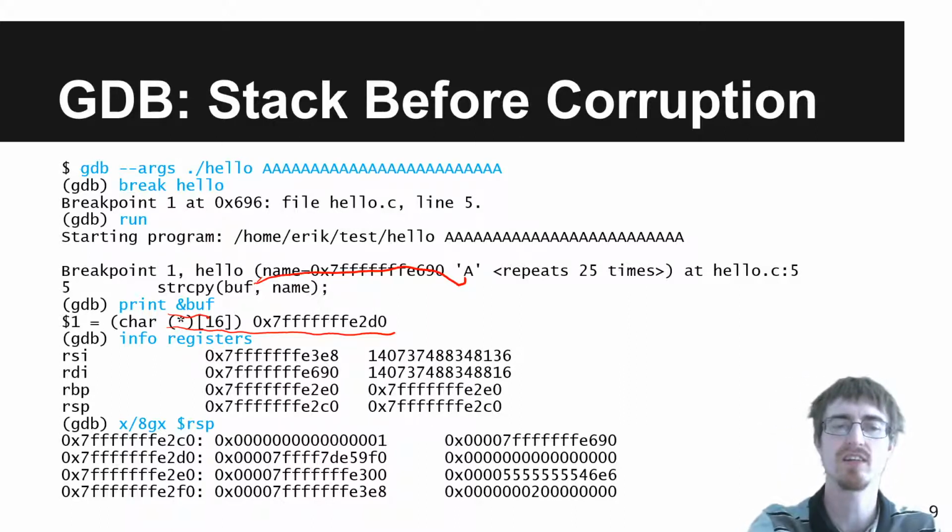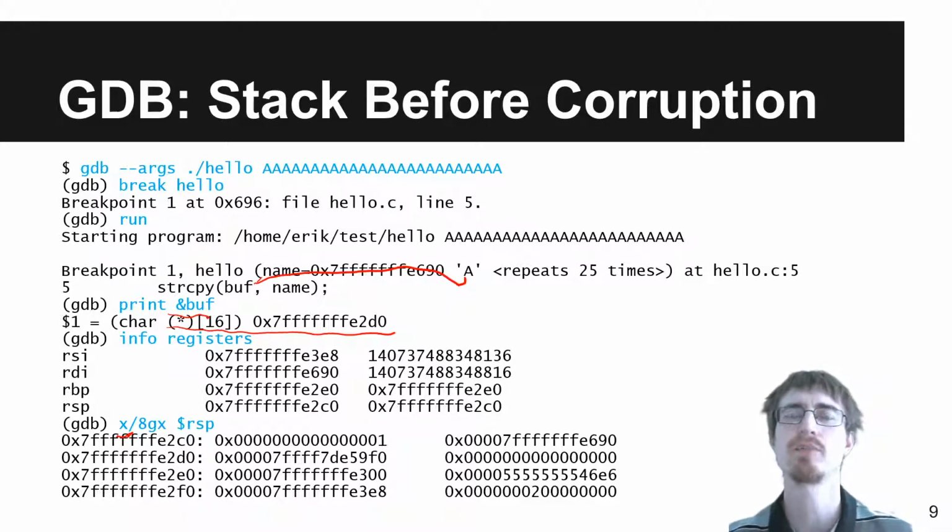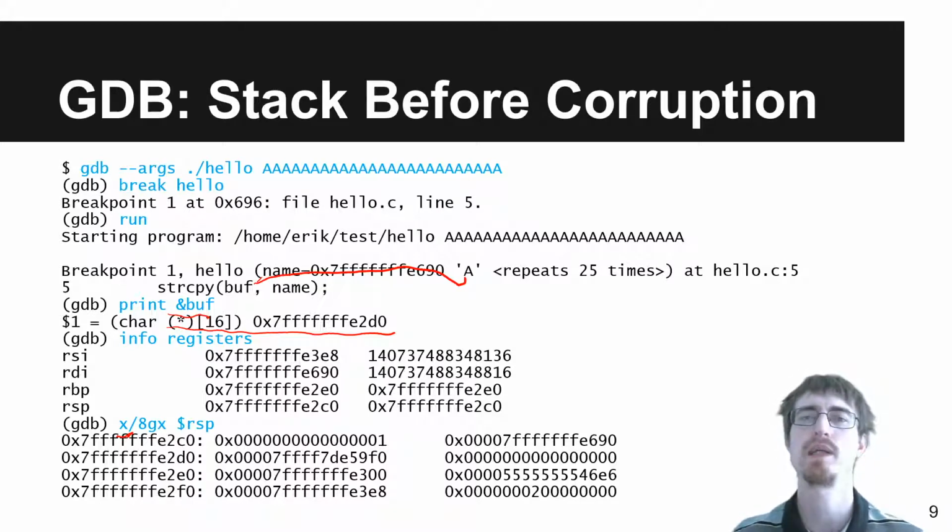Now, this is the x/ command, and it's followed by a command that specifies what to print and how to print it. In this case, the 8 specifies that we want to print 8 values. The G specifies that they should be giant values, which is GDB terminology for 8-byte values. And then the X means that we want to print it in hexadecimal. Use the built-in help of GDB to get information about more formats that you can print, because this is a super useful utility. And now we can just pass it a pointer, so a hexadecimal value of a pointer, and